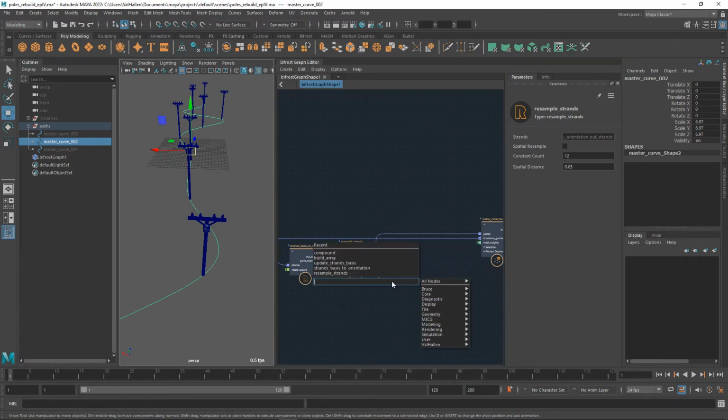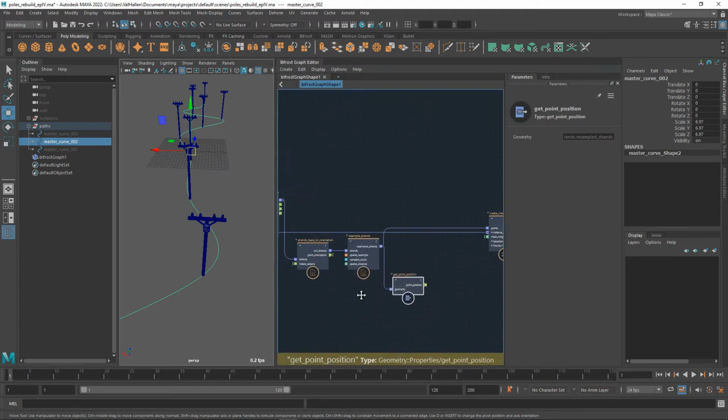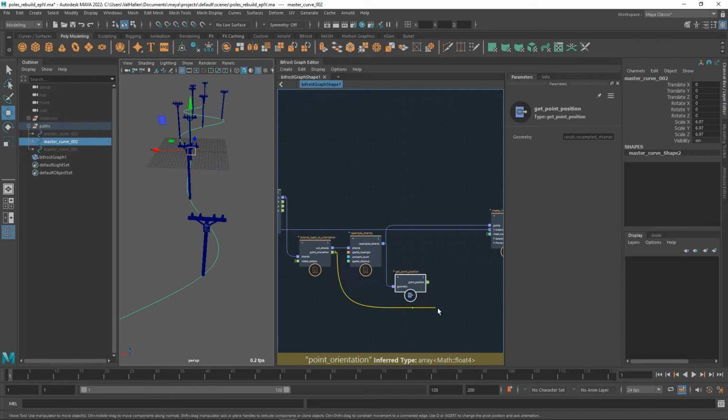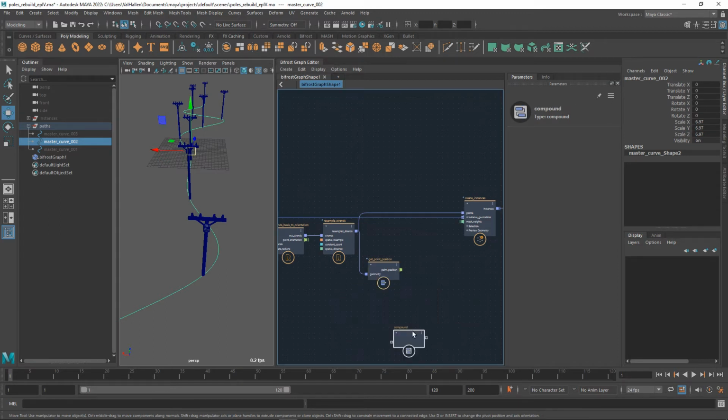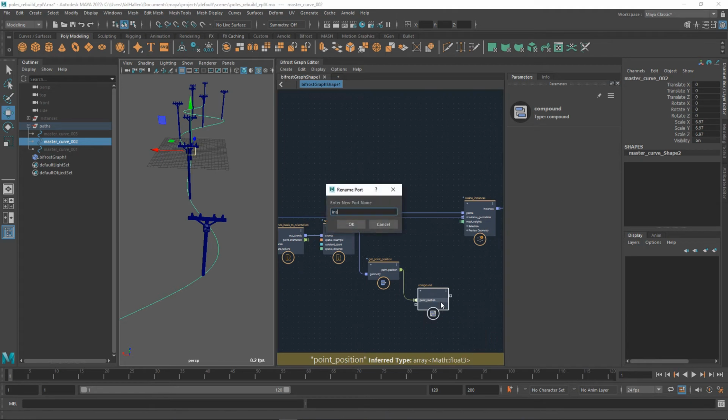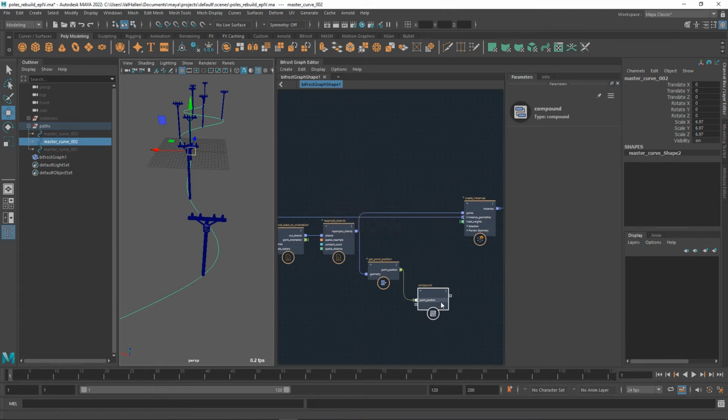So from here I can just get point position, which is probably in here somewhere. There we are. And that's going to be our positions. And this is going to be the quaternions that we are going to be rotating everything by from this point forward. I'm just going to throw down a compound like this. I'm going to put the position in and rename it. And then I'm going to put the orientation in